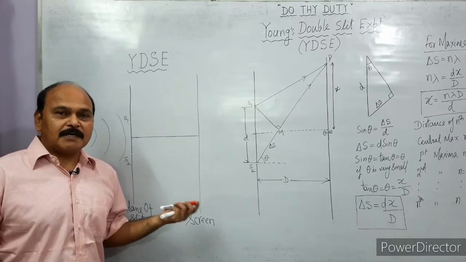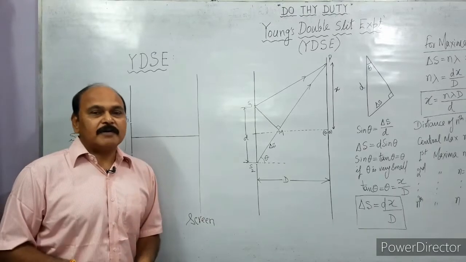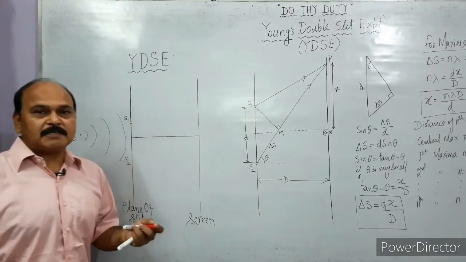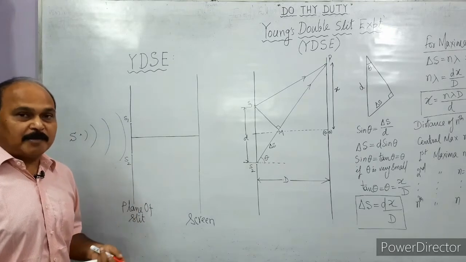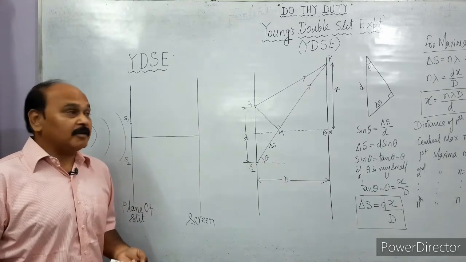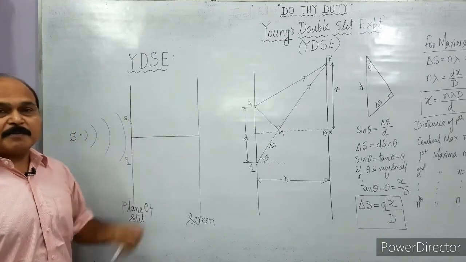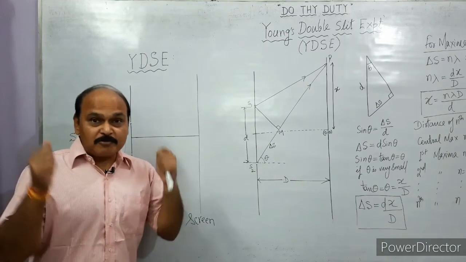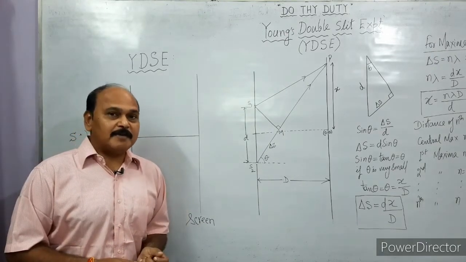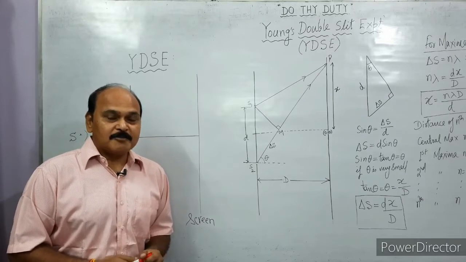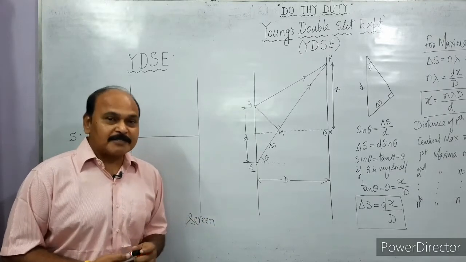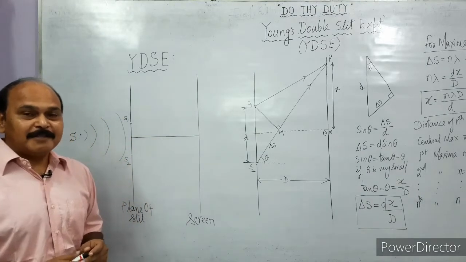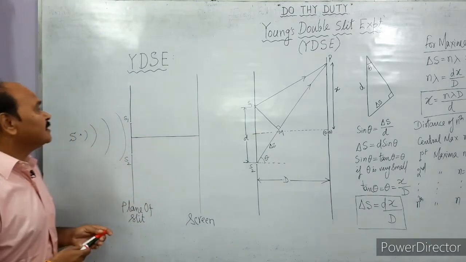Well, we have already studied all the basics of interference of waves in the last class, and today we are going to study its application. Young is the name of the scientist who produced an interference pattern for the first time in the lab. So what was his setup and how could he produce the interference pattern in the lab? Let us all see.